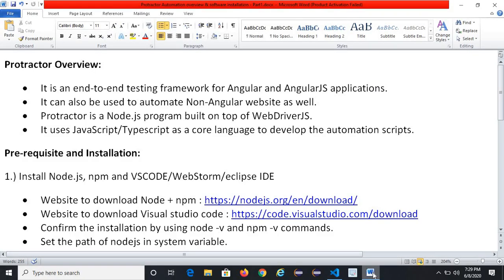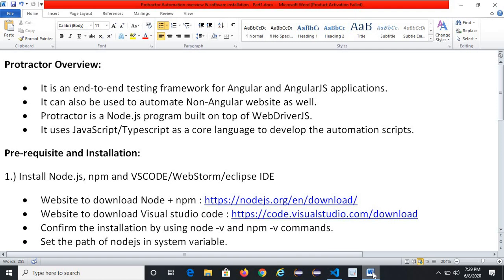Here we have the Protector overview. It is an end-to-end testing framework for Angular and AngularJS applications. It can also be used to automate non-Angular websites as well. So we can automate websites which are not Angular.